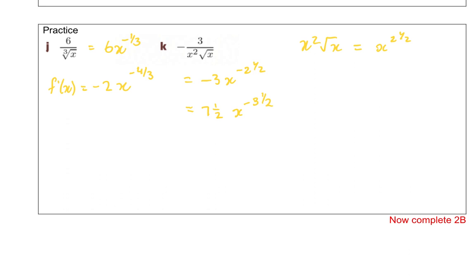Okay, so now what I want you to do is to do all the questions in 2B. If it gets a bit repetitive and you're getting them all correct, then skip through. Don't want to waste any time in year 12. So if you need to do every single question, do every single question. If you're getting them all correct, then I'll give you something else to do,